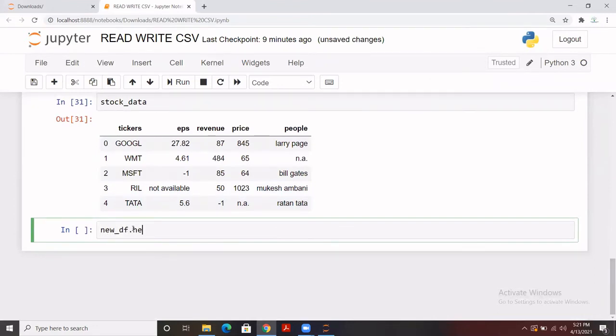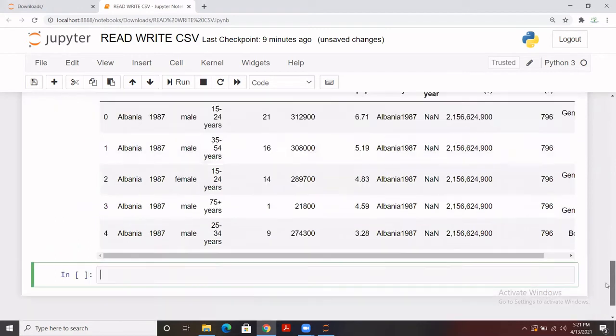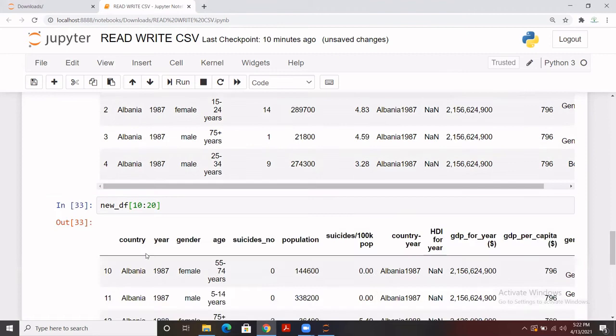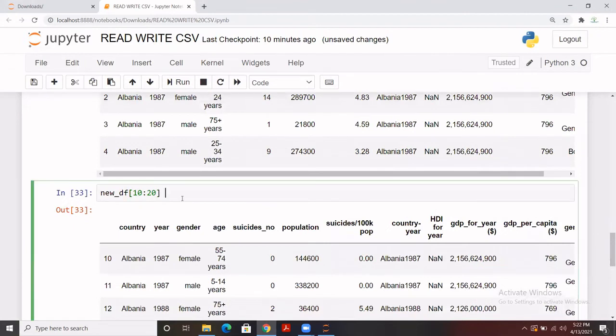In case you want to check the first 5 rows, you apply head, and in case you want to check a range of that data frame, let's say from index 10 to index 20, you can simply pass those in square brackets. You see that from index 10 till 19, we all know that the last index of the range is excluded.